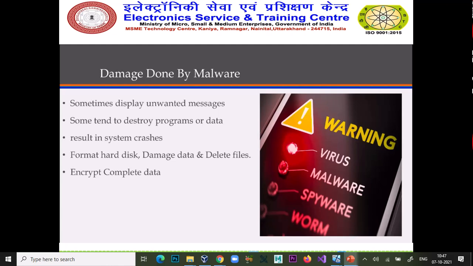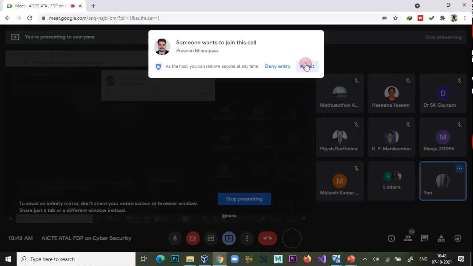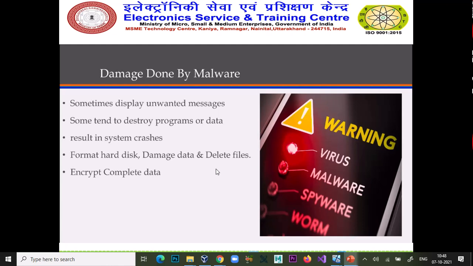It can result in system crashes, and the complete result is that your system crashes after that malware comes to your system. It can format your hard disk and damage and delete files. It can also encrypt complete data.